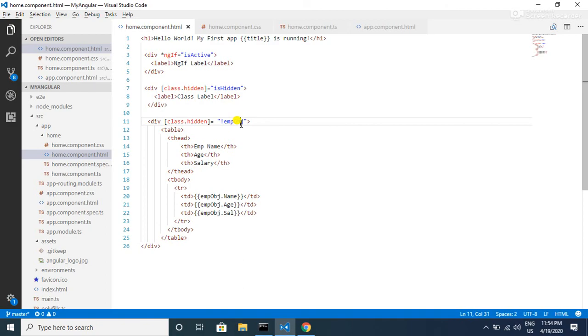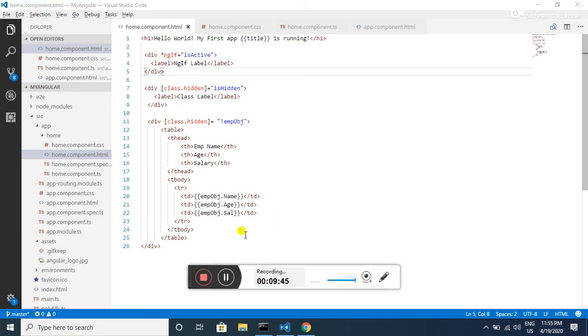While displaying it works because the object is not null, whereas hiding will not work. That is how ngIf guards us against null values. When there is a null value, it will remove the complete element and its children from the DOM, so we will not have any error.